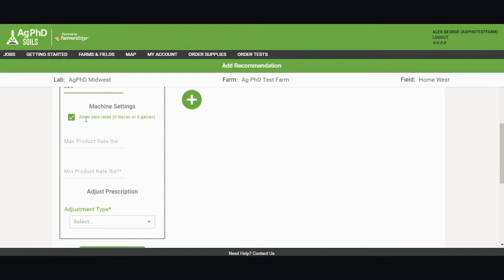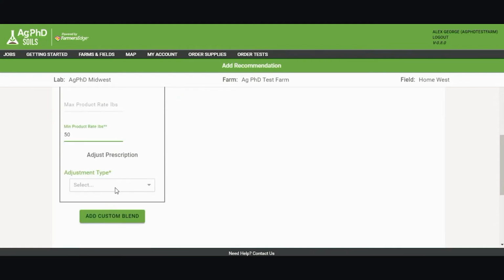If I don't want my machine to apply a 0 rate and I want it to apply a minimum rate instead, I will uncheck this, but then I have to put in a minimum rate. So I'd have to put in a rate of 50 pounds. If I'd like to adjust my prescription ahead of time before the recommendation is run, say if I've applied manure